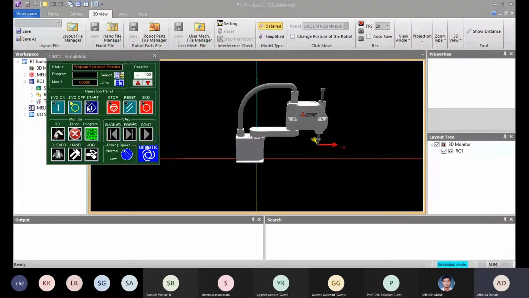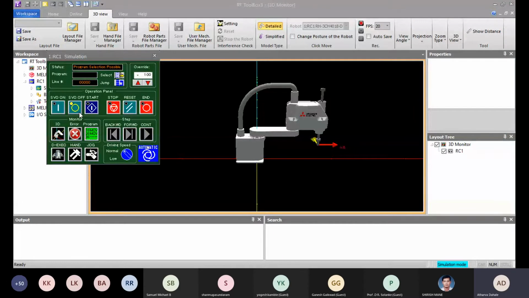The next button is stop. If anything happens and you want to stop the movement of the robot at an instant, you have to click on the stop button. After that, say you have written two different programs and you are currently moving the robot with the code name 100.